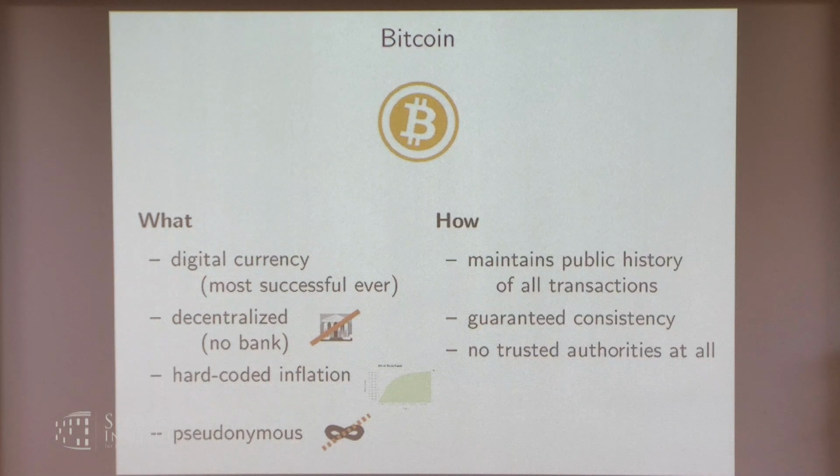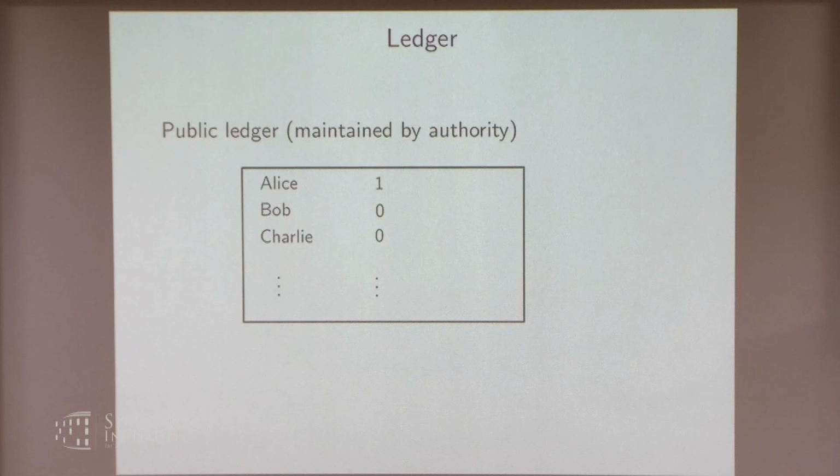How does it achieve that? It maintains a public history of all transactions. So instead of having a bank that checks which coins have been spent, now this is public and distributed and guarantees consistency. And by using consensus mechanisms, there's no trusted authorities at all. Okay,